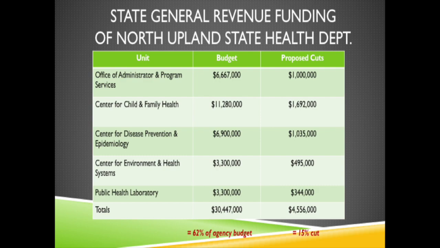On the Blackboard site, the detailed information about the budget cut, the savings, and the impact is listed in detail for each different item. The slides here are going to highlight at a high level what these are, but the interpretations are actually listed on the Blackboard site. So for example, here, the Center for Children and Family Health, right? The budget is $11,280,000. With a 15% cut, that would be